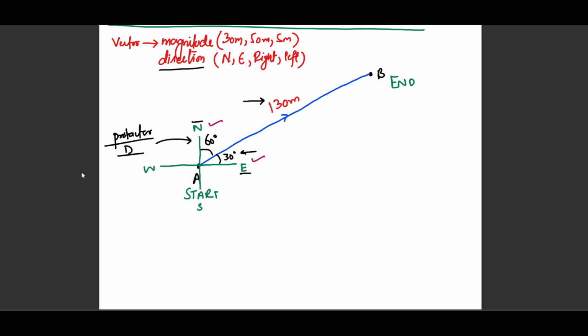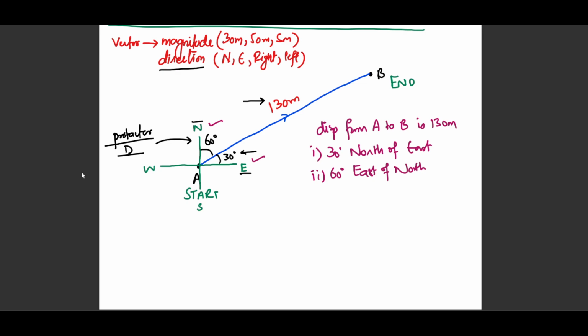So if I was supposed to write down displacement from A to B, I should have written that the displacement from A to B is 130 meters. And now I have two options to complete my statement. For example, a student chooses 30 degrees with reference to east. They should write down 30 degrees north of east, or they could write down another statement to complete their answer as 60 degrees